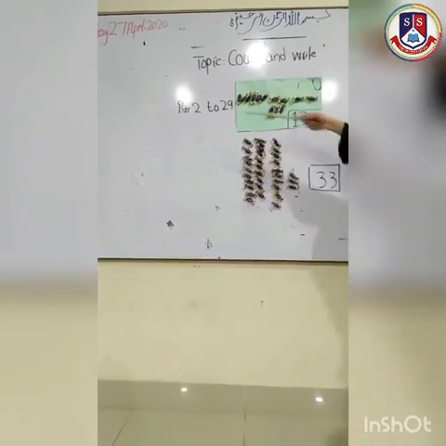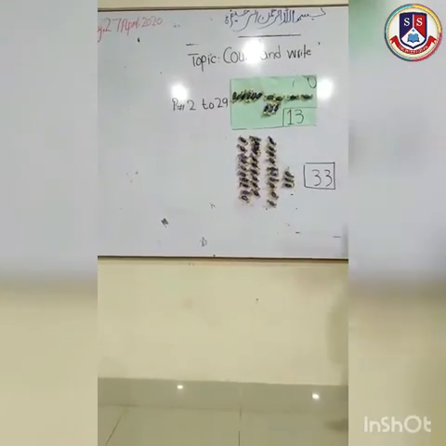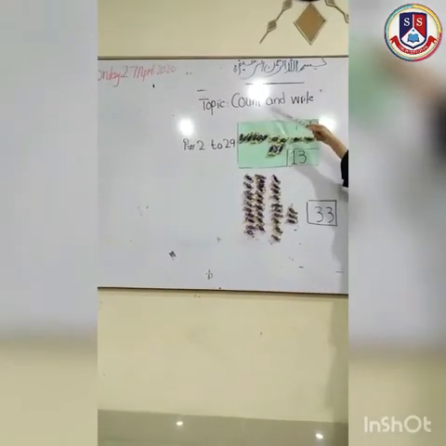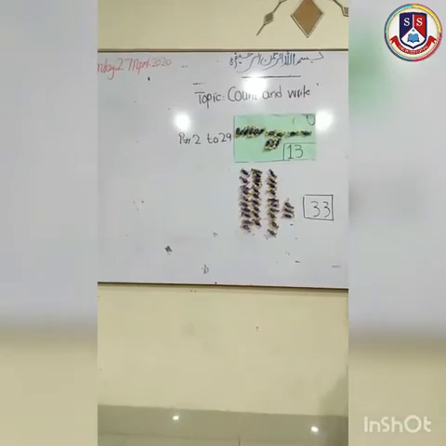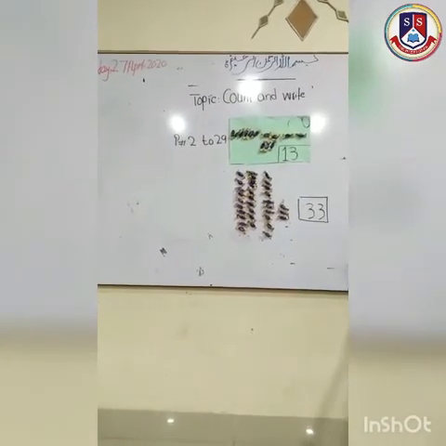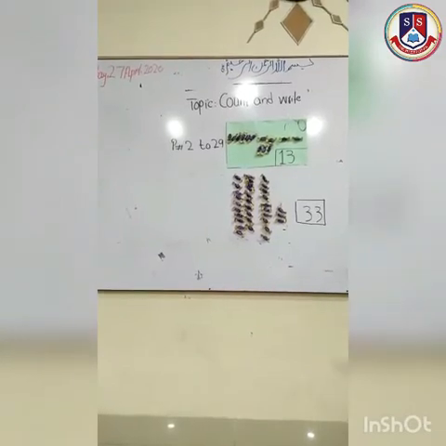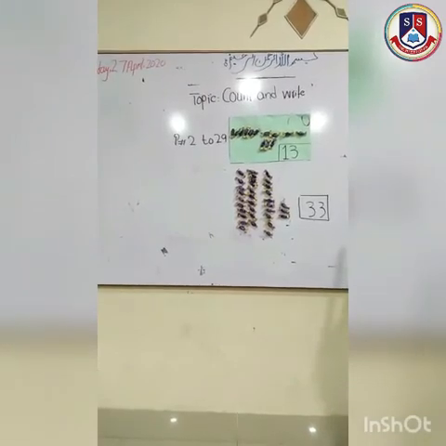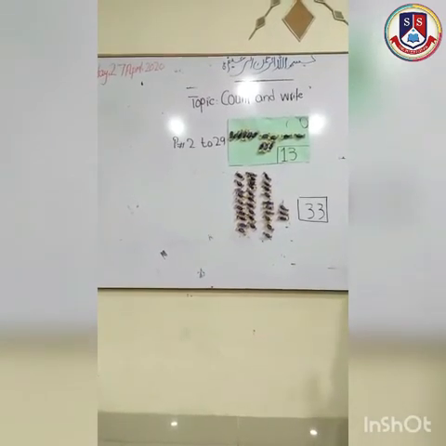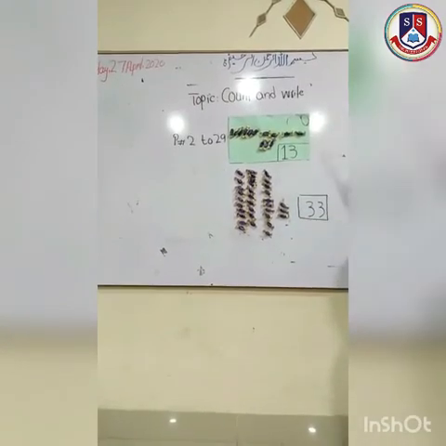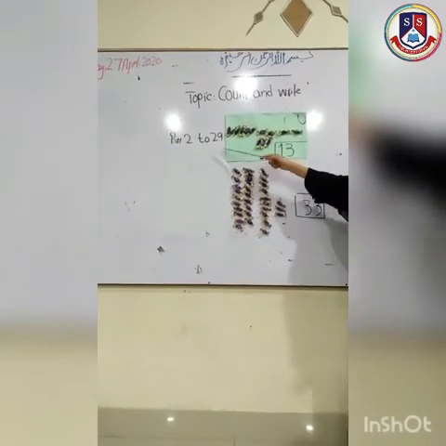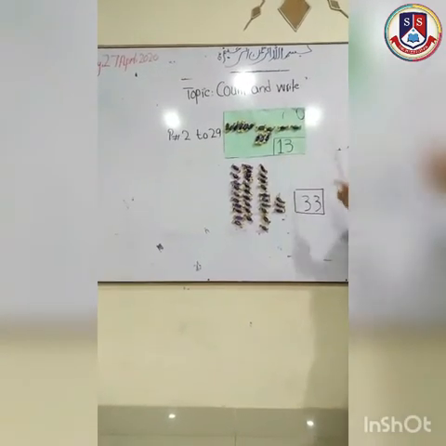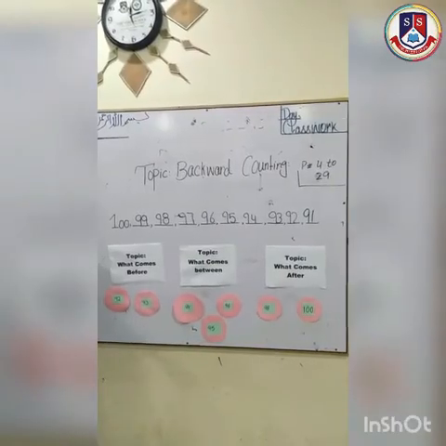So, students, page number 2 to 29. These pages are a combination of this topic, count and write. You must revise this topic at your home. First, for revising it, you must learn counting from 1 to 100. Okay? Counting from 1 to 100. Learn and also write on the rough register. After writing on the rough register, you must go for this activity. Page number 2 to 29. This is your home assignment. Do revise it at your home. Take care of yourself. Allah Hafiz.